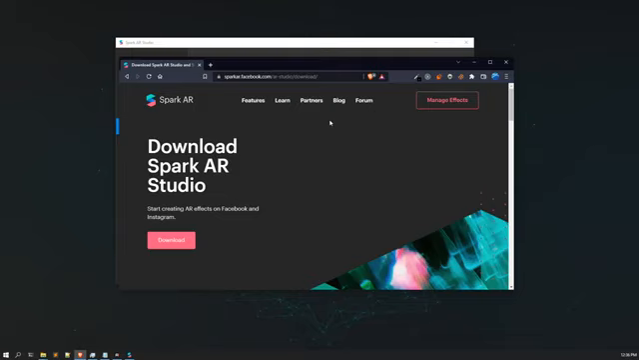In this lecture, we are going to learn about Spark AR Studio. We'll be getting an overview of the interface. We'll be learning about the Spark AR ecosystem, and we'll be doing a lot more things. But before using Spark AR Studio, you need to download it. So this is the link,